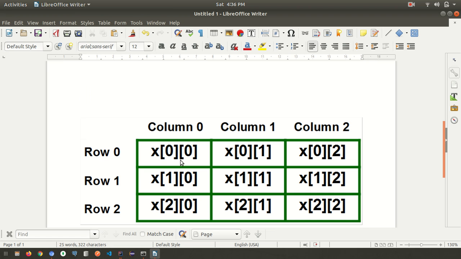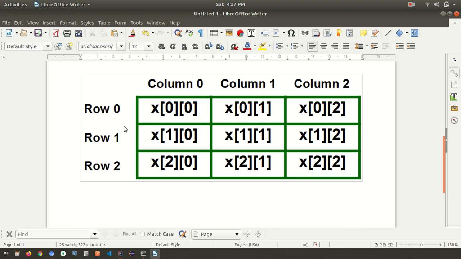In this representation, if we want to retrieve data from the 0th row and 0th column, we need to give the name of the array. For example, the name of the array is x and the row is 0, represented in the first square bracket, and the column is represented in the second square bracket. If we write this code in the editor and run it, it will give the value present in the 0th row and 0th column.